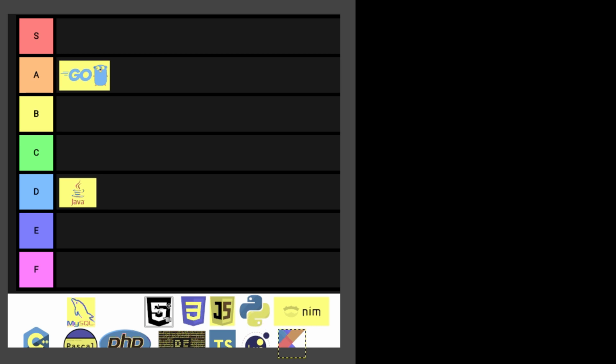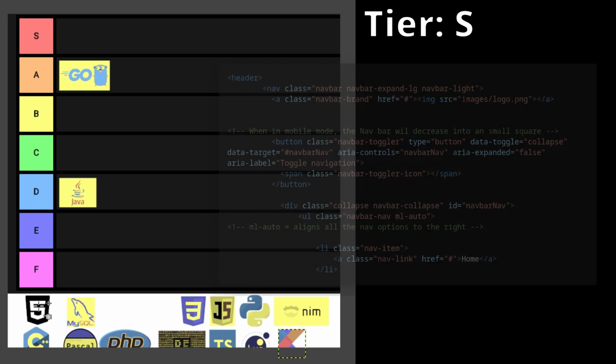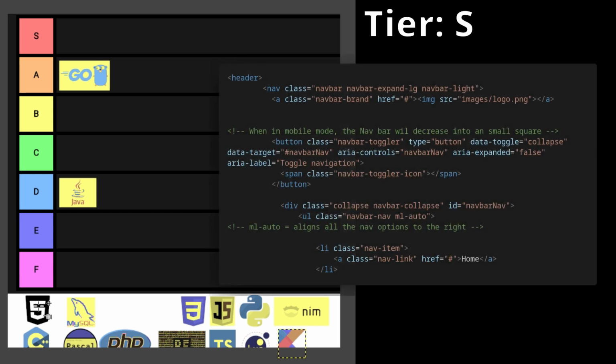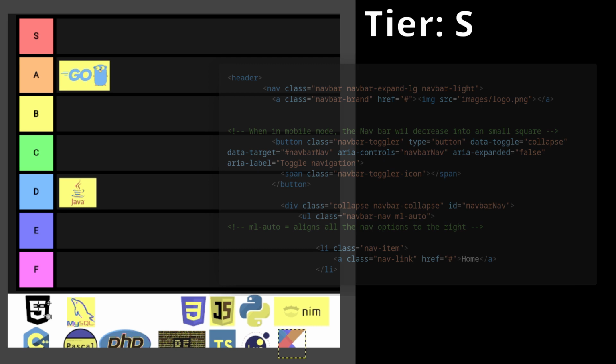Next up is HTML. And this isn't a programming language, but I still felt like I wanted to include this. Performance-wise, HTML is pretty fast. However, it is more dependent on the browser than the language itself. Syntax-wise, to the untrained eye, HTML can look difficult to read and confusing. But the syntax is really simple once you know the basics. Even if you just spend 10 minutes looking at the code, you'll probably start learning HTML just by looking at it.